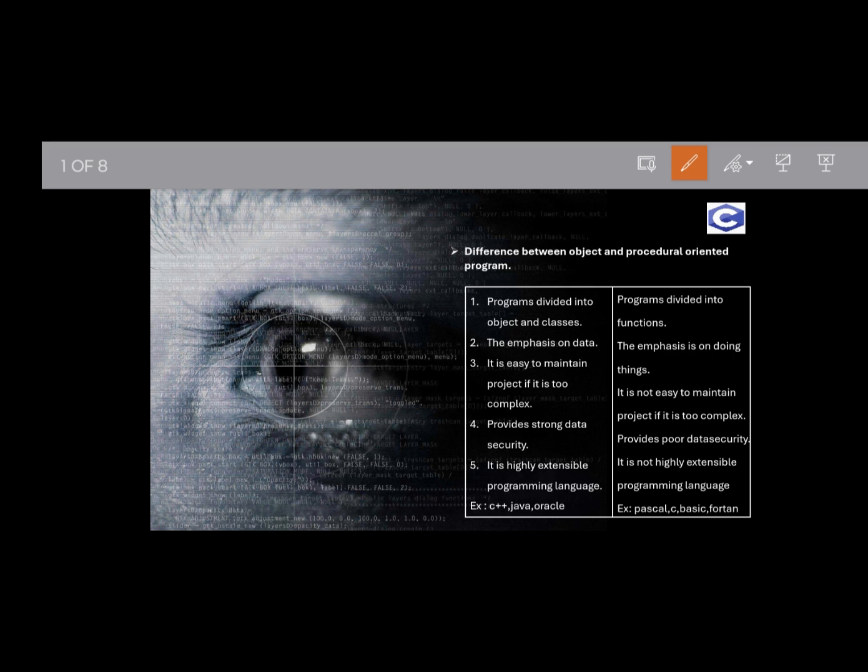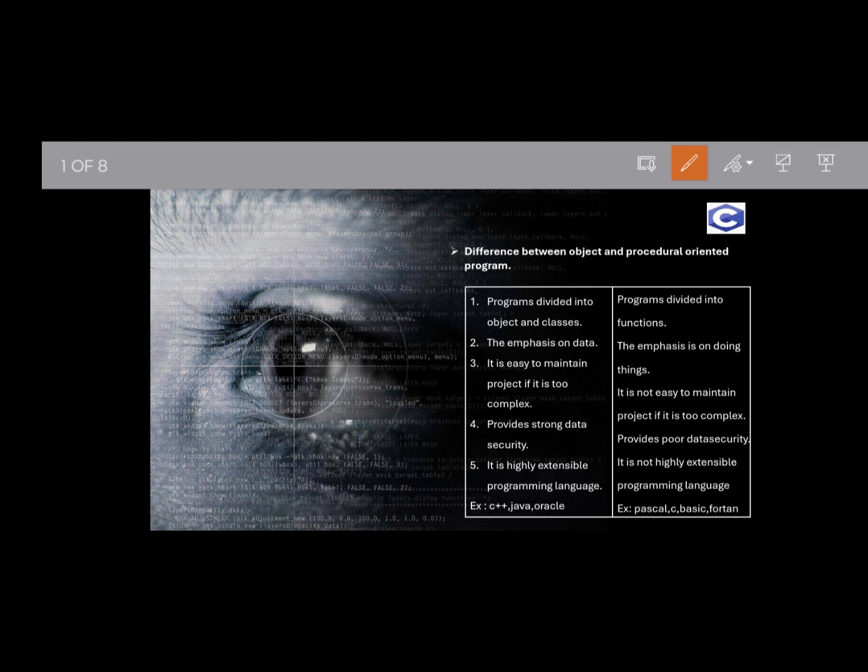I'm 3 Crunch. So here we are going to learn different languages, just like C, Python, C++, Java, and all. So here we'll start with the basic things. The programming languages are divided into two categories: object-oriented programming as well as procedure-oriented programming. To learn them clearly and better, we can make differences between them, and we can see here